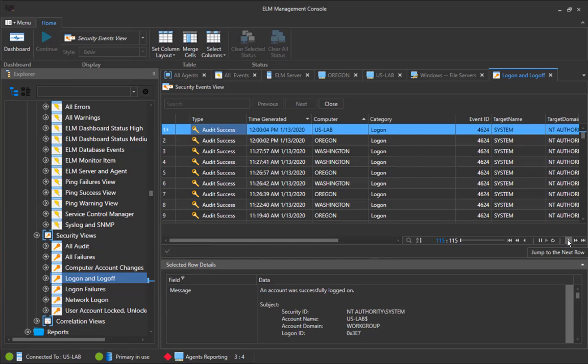Here you also have controls to jump to the next or previous row, the next or previous page, and the first or last row. You can also change the magnification of the display in this control area or reset the default sorting. Finally, we see the number of events being displayed in the view per the view settings set up